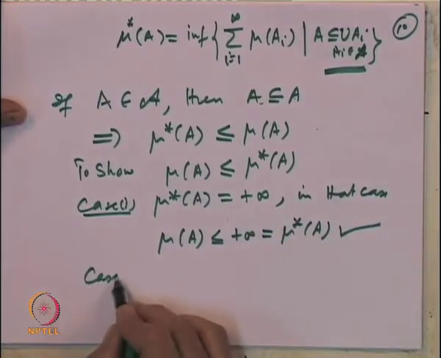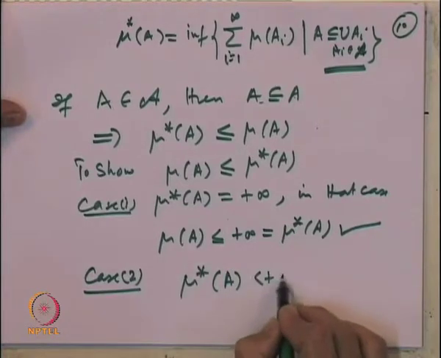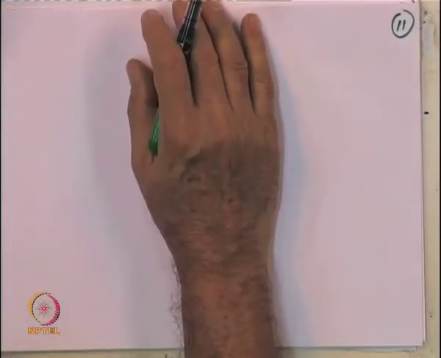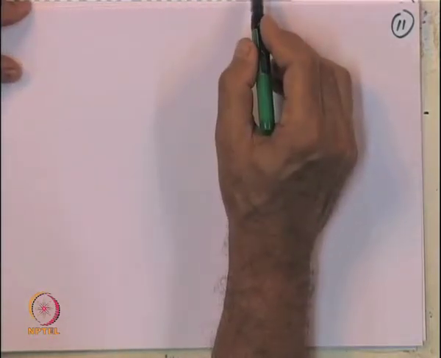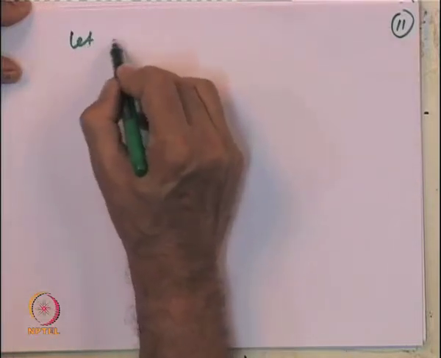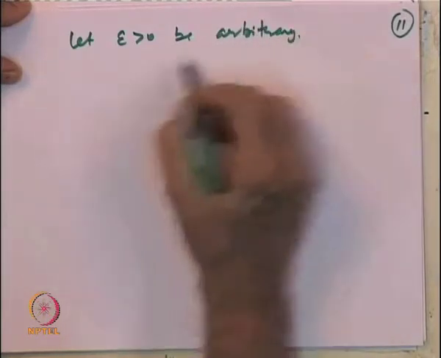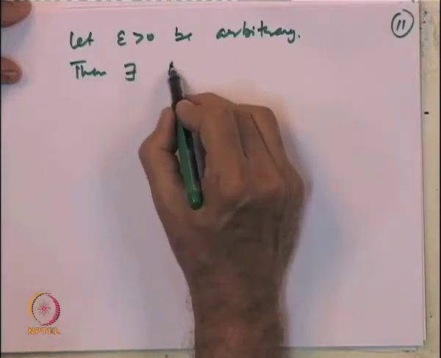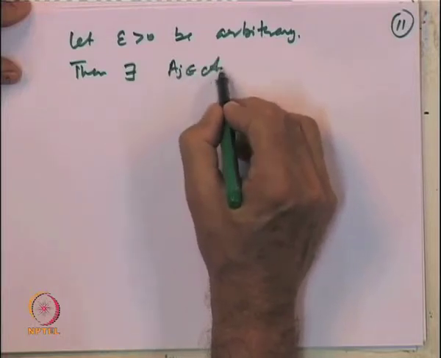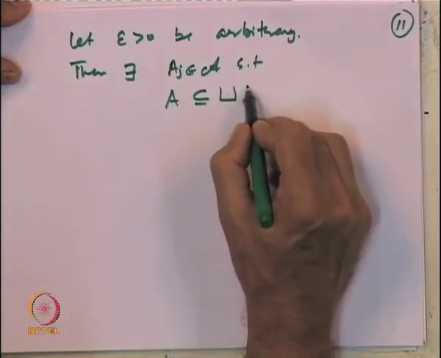So, let us look at case 2, mu star of A is finite. In that case, again we are going to use the definition of infimum. Mu star of A is the infimum of all possible approximate sizes, summations and so on. So, let epsilon greater than 0 be arbitrary, then there exists a covering. There exist sets A j's belonging to the algebra such that A is contained in the disjoint union of A j's,